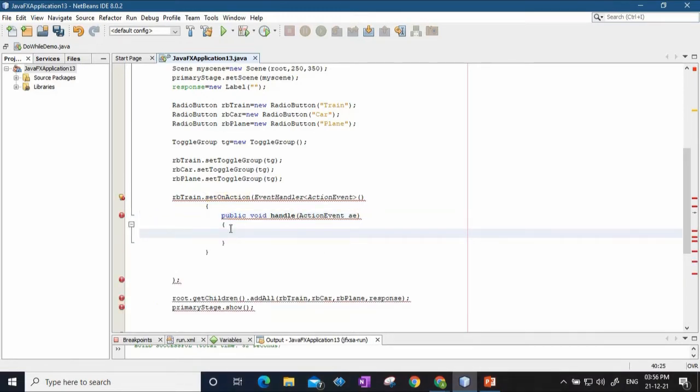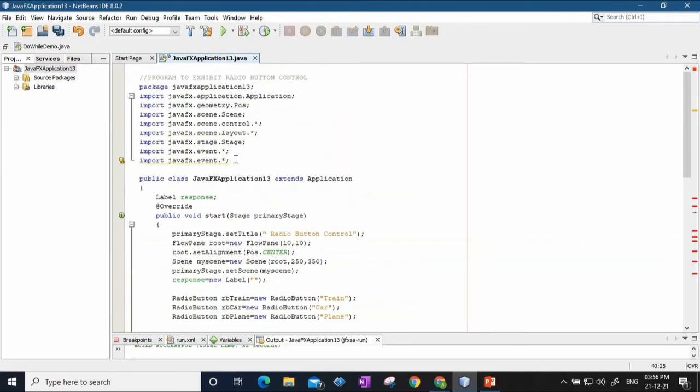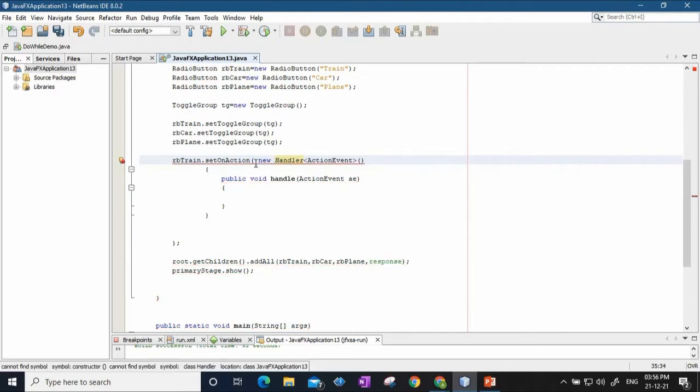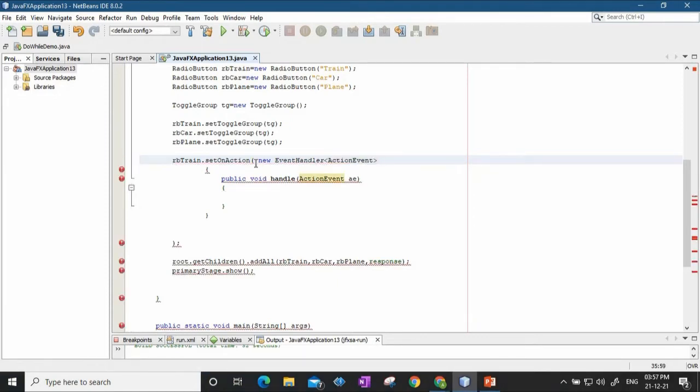Now one thing that I need to tell you: I have EventHandler and I have ActionEvent, so I have to import javafx.event.*. So I'll just say new EventHandler and in brackets ActionEvent and the brackets.